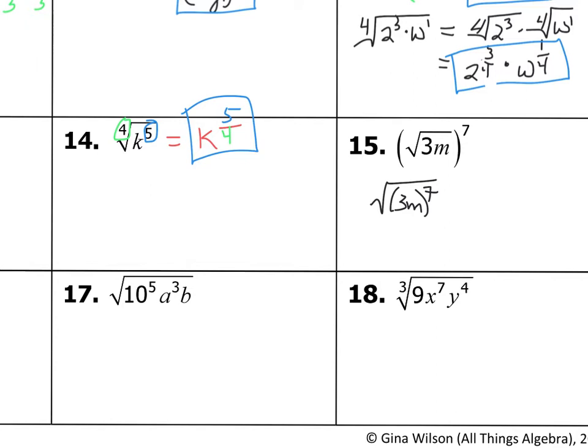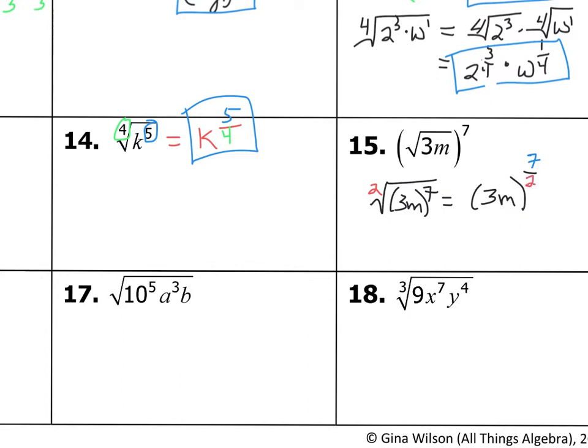It's actually a lot easier to look at it in this form if I'm going to convert it to exponential form. So my whole base is 3m, and then because I have a radical, I know I have a fractional exponent. My 3m is raised to the 7th, so that 7 goes up top. And my index is a 2 because it's understood to be 2, so that's going to go in the denominator